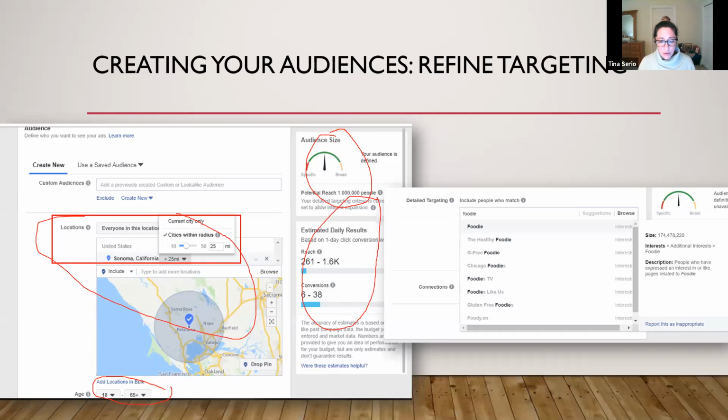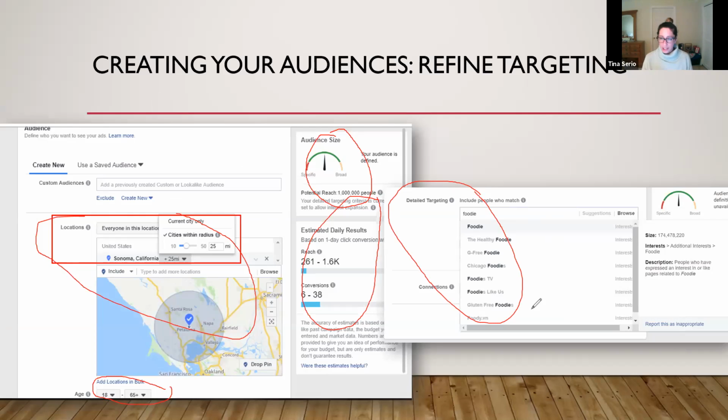As you scroll down on the page, you're also going to see these detailed targeting options. So this is where you can play around with different types of interests, different types of roles, a whole bunch of other fun stuff that might relate to your business.